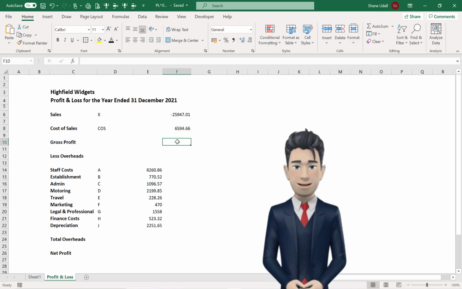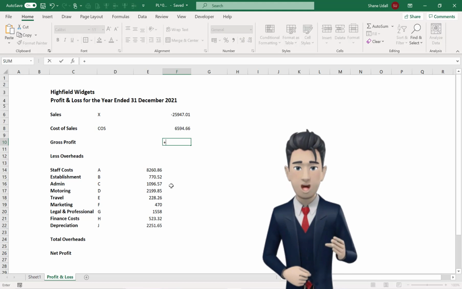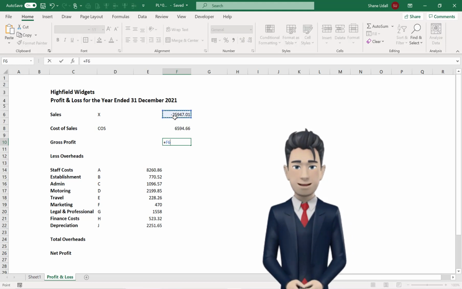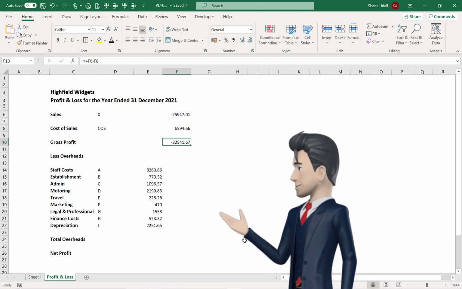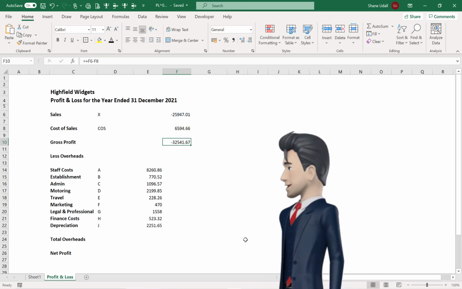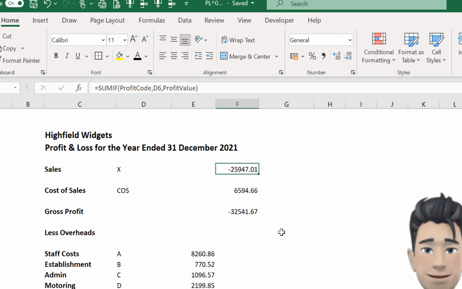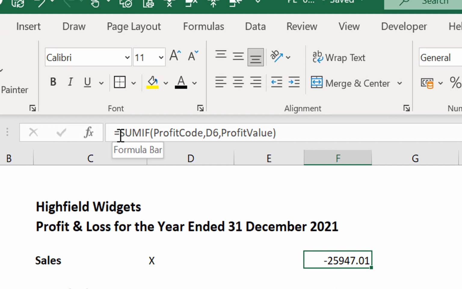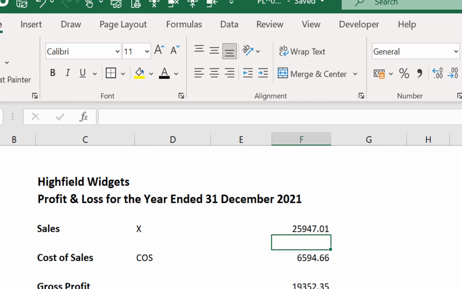Select cell F10 and enter the formula plus F6 minus F8. This returns the value of minus 32541.67, which is clearly wrong. Correct this by slightly changing the formula in cell F6, by changing the equal sign at the start of the formula to a minus sign. The gross profit of